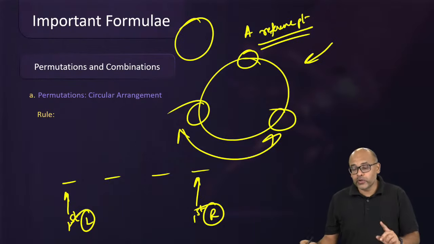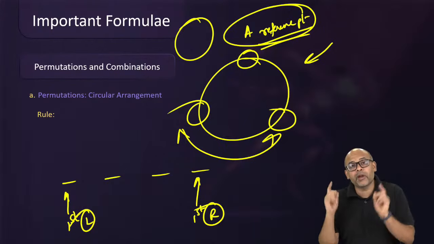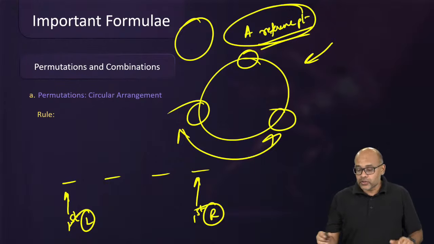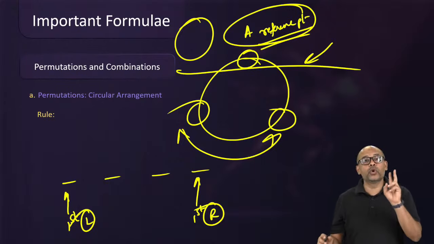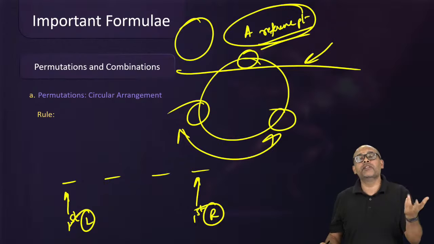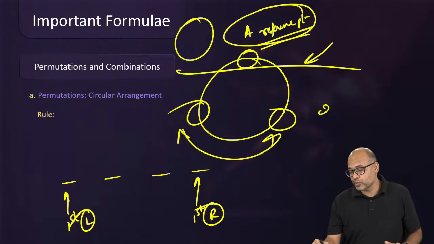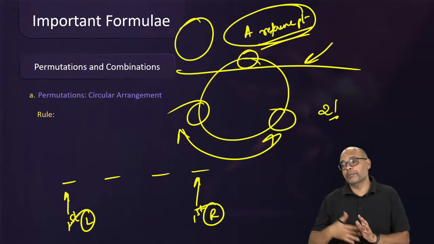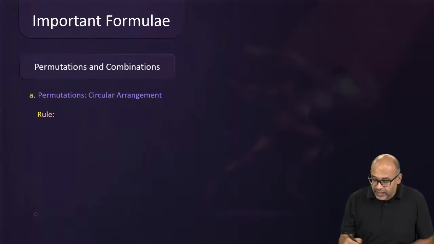So what you will do is first make one person sit. The moment one person sits, you have a starting point now. Once the reference point is set, you can treat this as a straight line. So this is cut out. Remaining are 2 people and 2 chairs. How many ways can 2 people sit in 2 chairs? It is 2 factorial. So if you expand it for a bigger number of terms, if there are n people